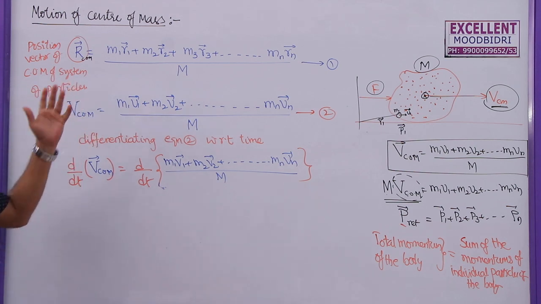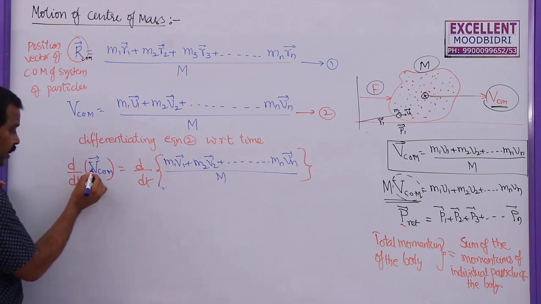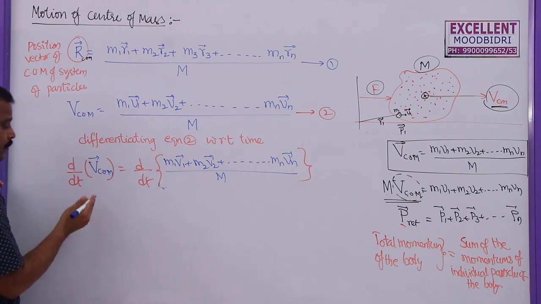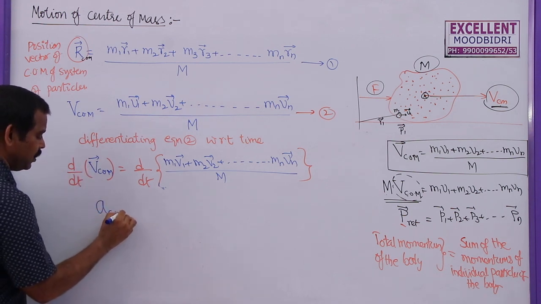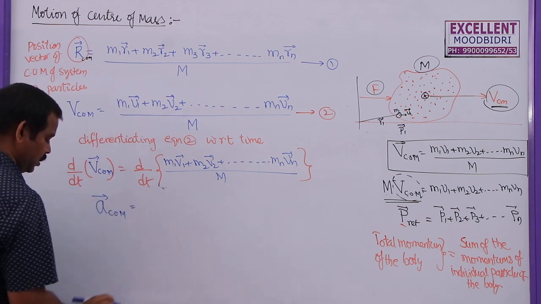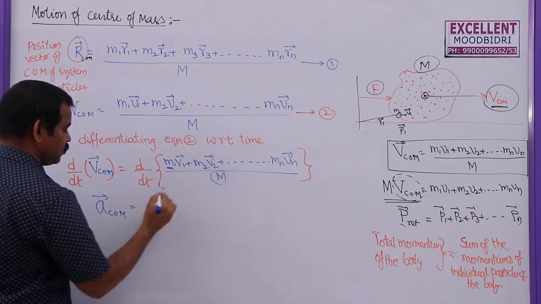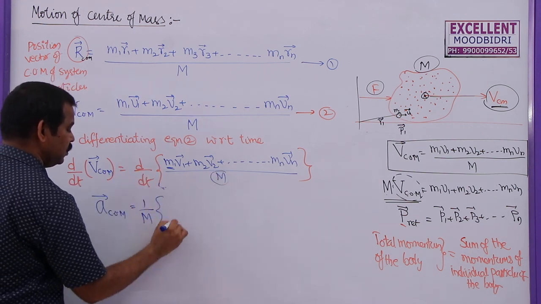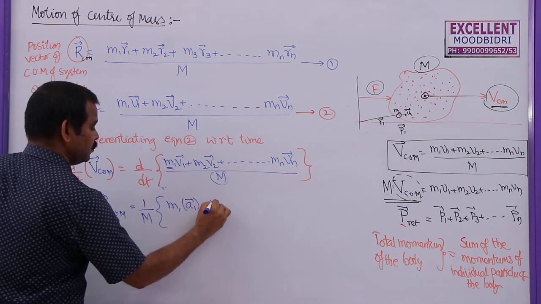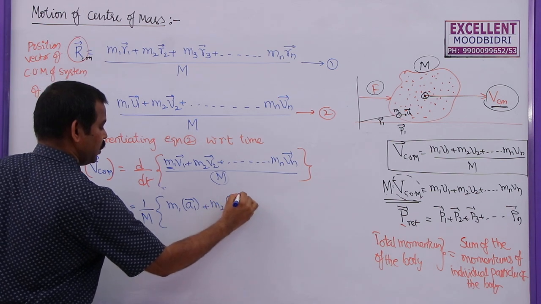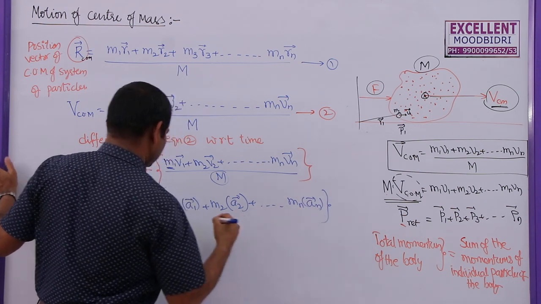Here also, similar to the previous derivation, we know that the rate of change of velocity of a body is called acceleration. As it is velocity of center of mass of the system, if you differentiate velocity with respect to time, you will get acceleration of center of mass of the body. Once again, this is a vector. So here m1 is a constant value, bring it outside, and capital M is also constant. So 1 by M will be constant. This will be m1. dv by dt we can write as a1 bar. This is m2 a2 bar and so on, mn an bar. So this is the expression.